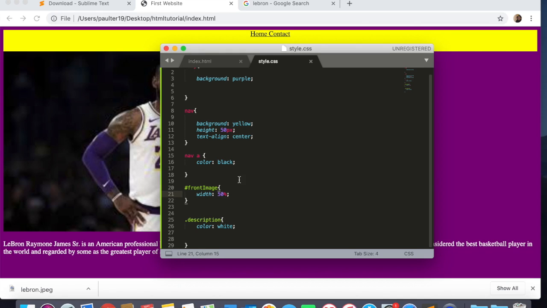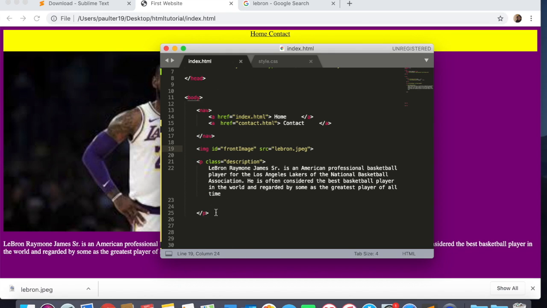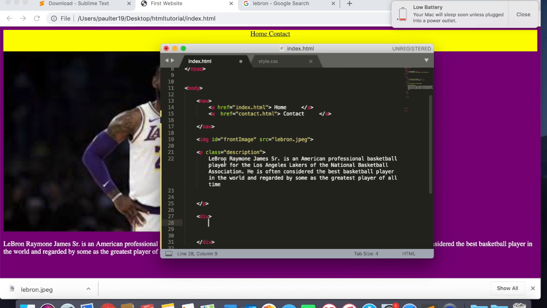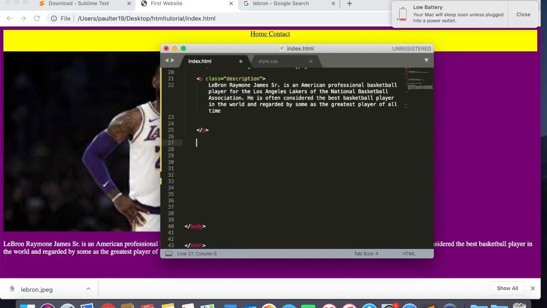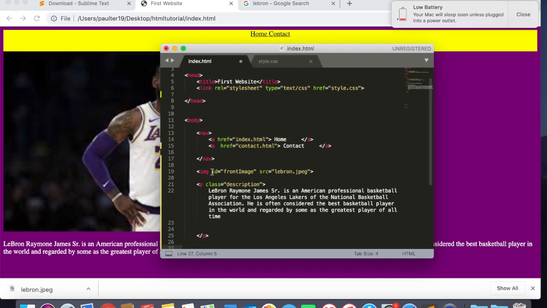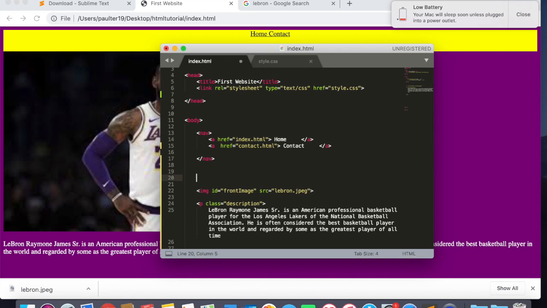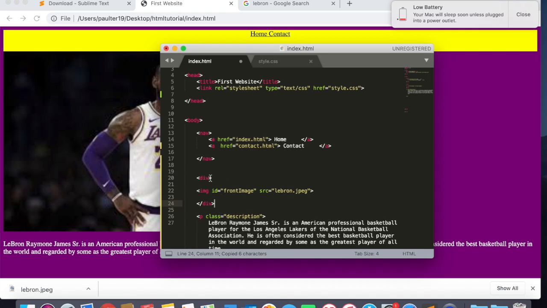And now I'm going to introduce you to divs. So a div is another tag that you can use, and a div is like a container. So you open it with div, and then you can put paragraphs, images, whatever you want in there. It's just a container so that you can reference all the elements at once. And so what we want to do is we're going to put our image into a div tag. So div, and then instead of closing it up here, we're going to put it down here and close it. And so the ID for this is going to be